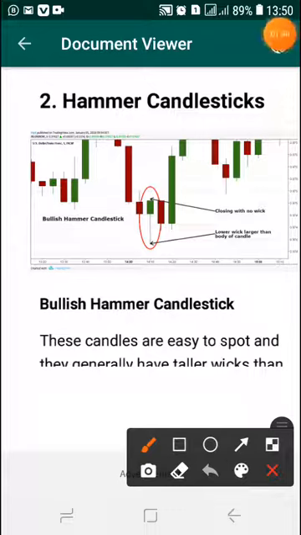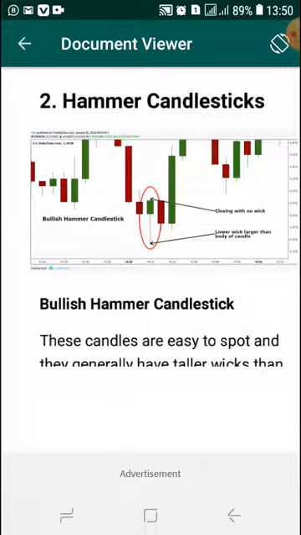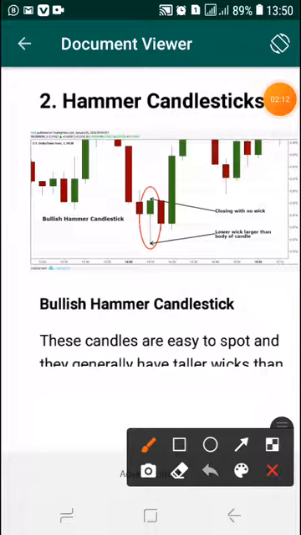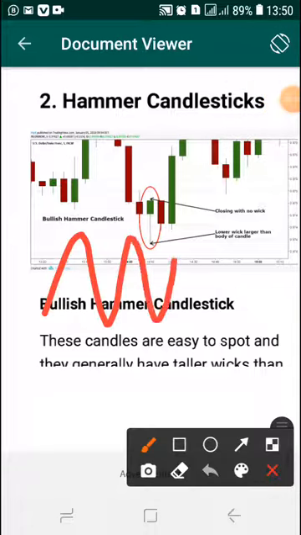which is a hammer candlestick. Now we talked about this one previously in our beginners lesson, and I said to you I will show you in the real market how you use it. So this is a hammer. As you can see, this one that I've just circled is a hammer. Now a hammer can also be used to identify the correction of the market or the reversal of the market. Say you are in a ranging market,